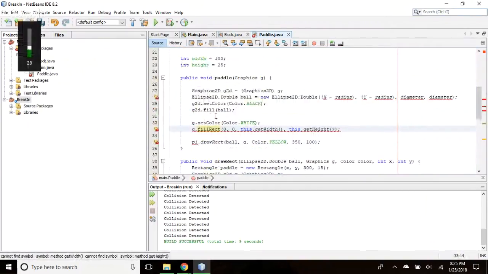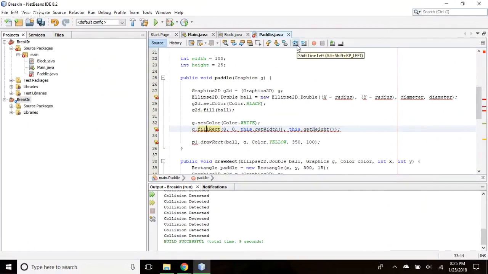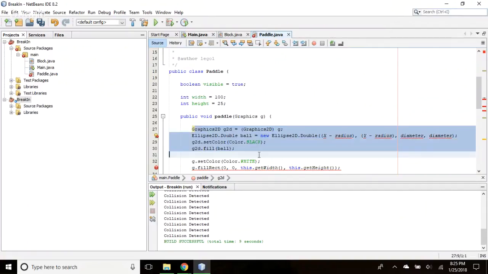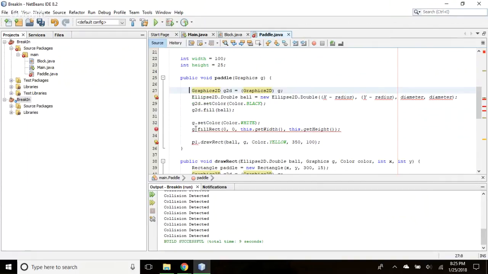Okay. Now the next thing is what we wanted to do. Let's take this one line at a time. What it does is it gets a graphic thing and creates a 2D graphic reference. And we're not really drawing ellipses at this point, right? That's a ball. So we don't really want to be drawing ellipse. So let's go down to our block and find out how a block is drawn, because we really need to copy what a block is done, right?